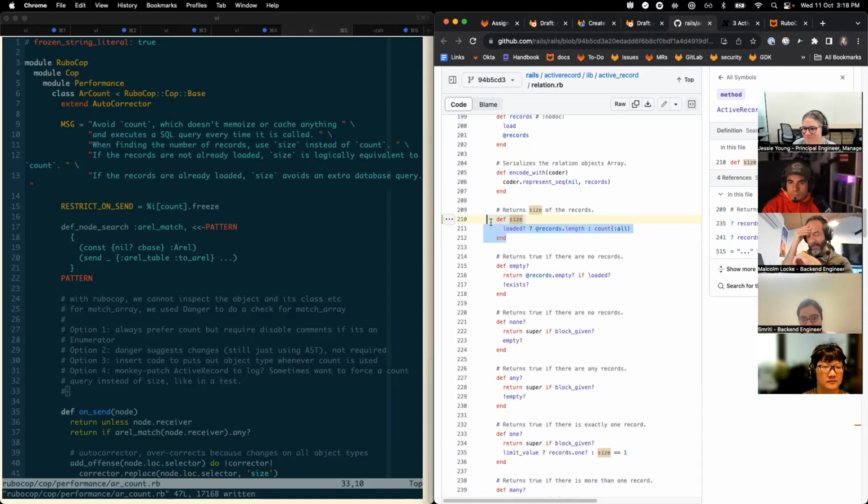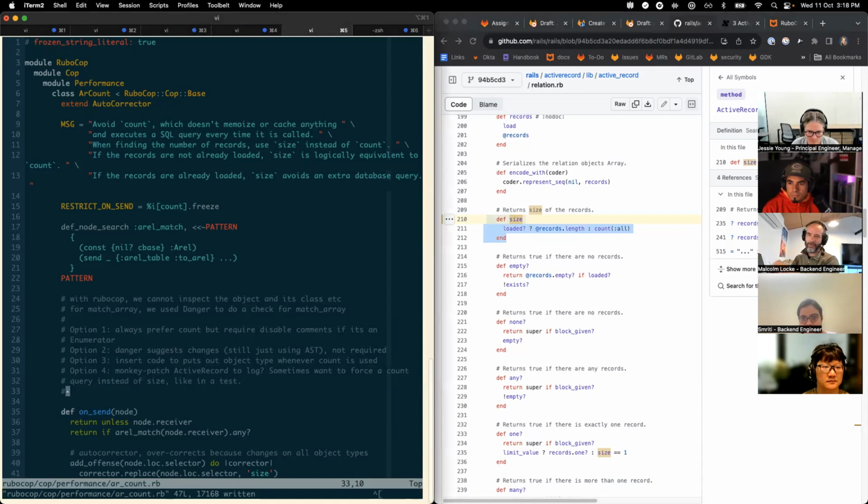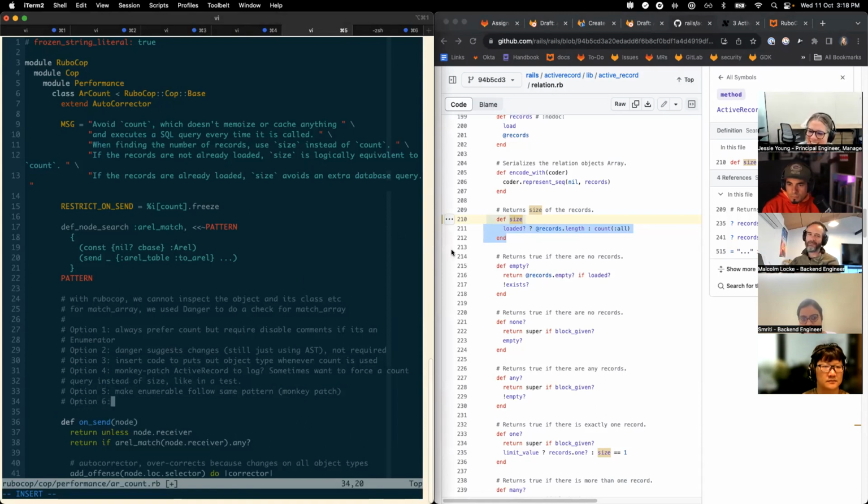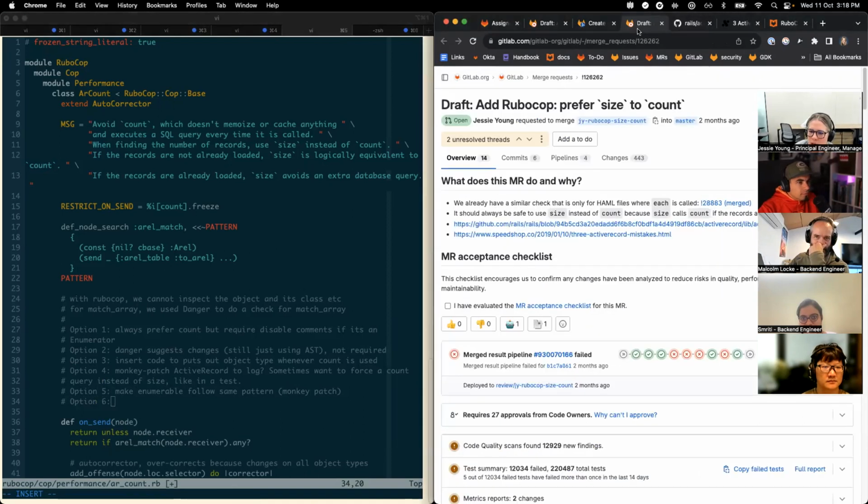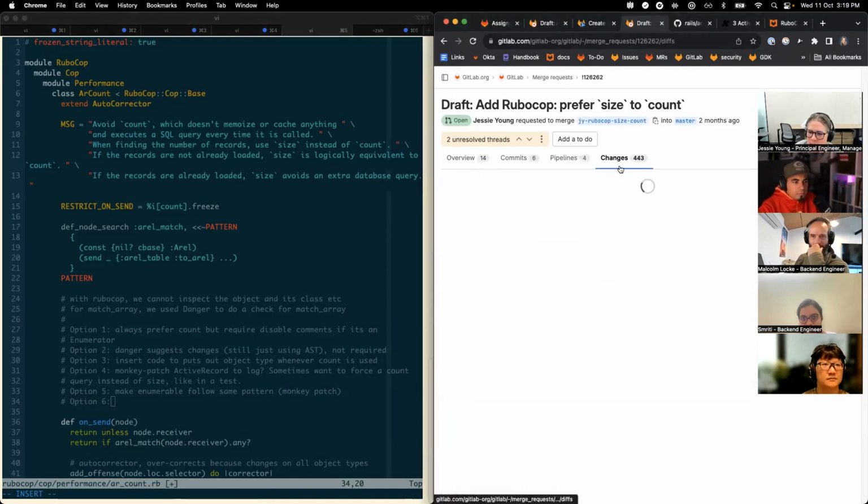But the fact that enumerable doesn't follow the same pattern is really annoying. Yeah, make enumerable follow the same pattern. That would be a monkey patch. That seems just like bad, but you got it down. That's possibly a bit dangerous. Yeah, side effects. Another option, and this wouldn't get all of them, but like one way, just looking